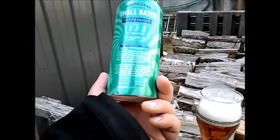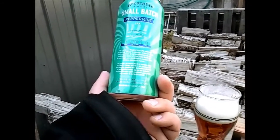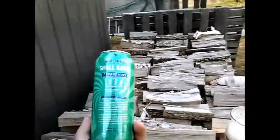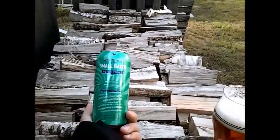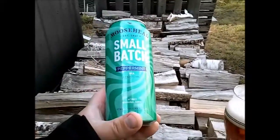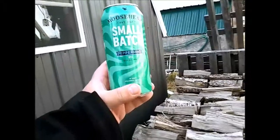One sip of our Peppermint IPA will have you saying winter is coming. They use peppermint leaves and Northern Brewer hops, which are sort of pine forward kind of things. And yeah, I don't need tasting notes and all that. Cool can though. I do like the can quite a bit, but